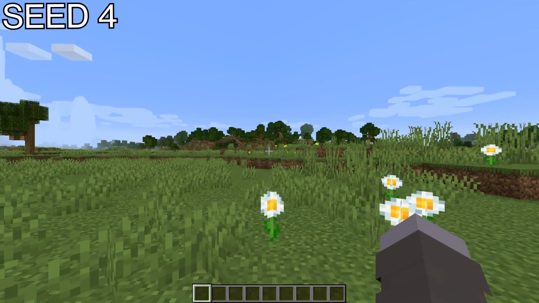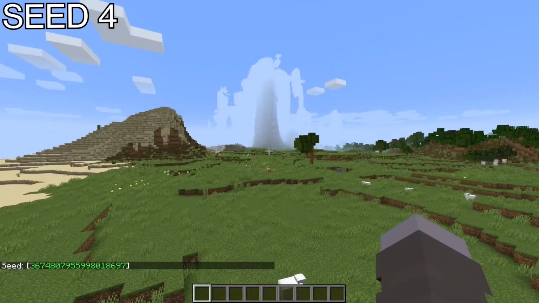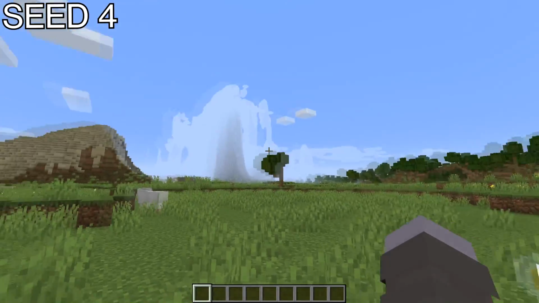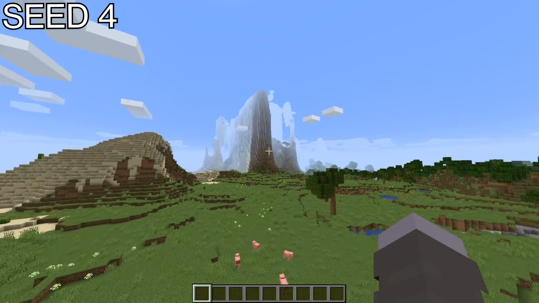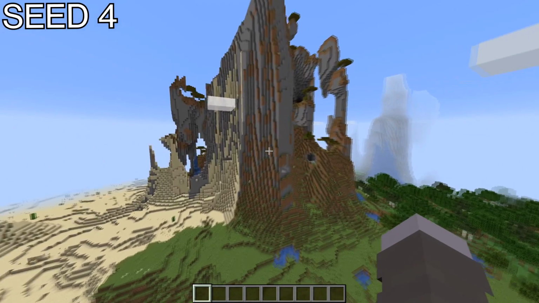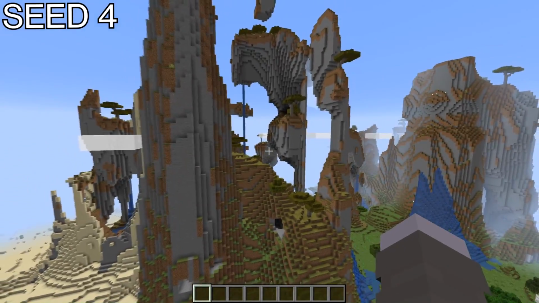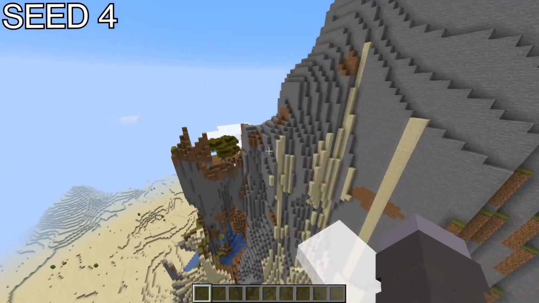In at seed 4 is this wonderful seed, and the reason that this seed is special is because right where you spawn, right where we are, if you look to the left, you have an absolutely killer mountain range. This is honestly the most gorgeous mountain range I think I might have ever seen in Minecraft. This is